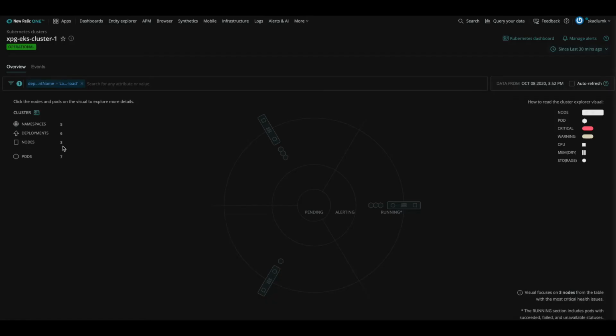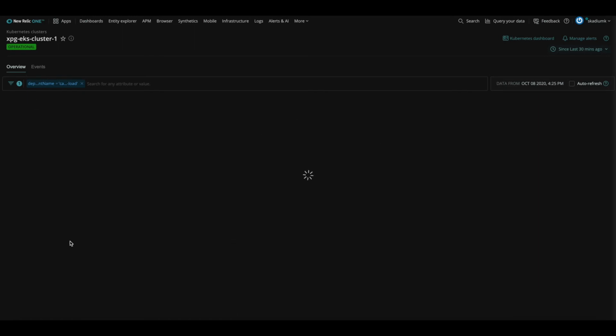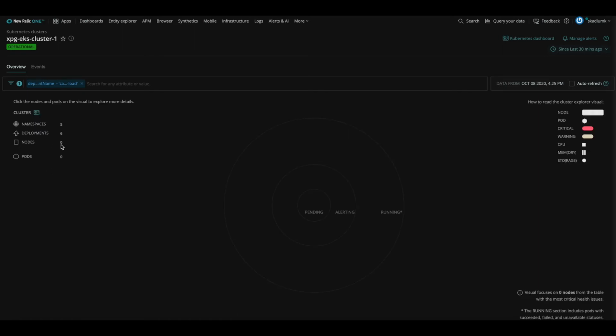Let's go back to the dashboard view. Refresh the page to view the nodes and pods count. It is evident that ZPA has successfully scaled down the deployments to 0 pods and cluster autoscaler removed unused nodes from the cluster. Now let's have a look at how ZPA works to scale up the pods from 0.